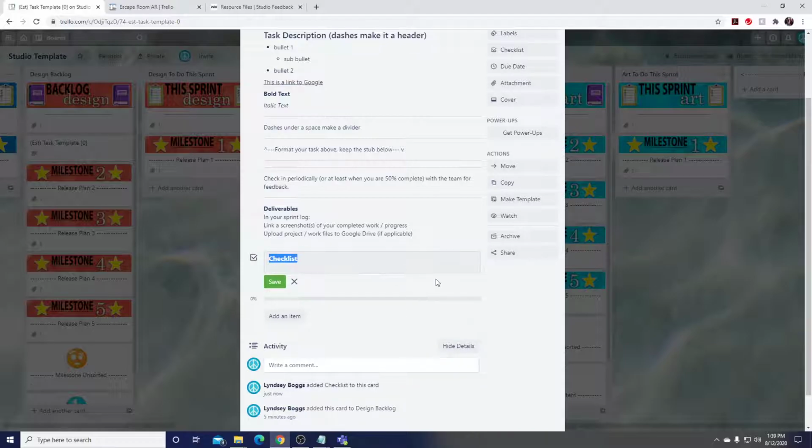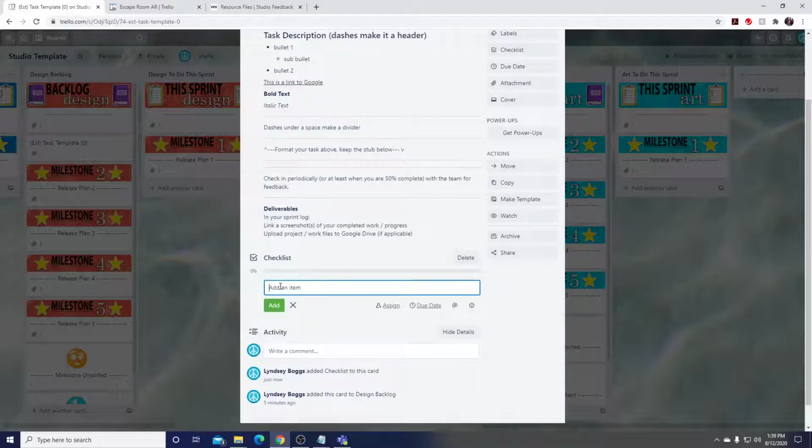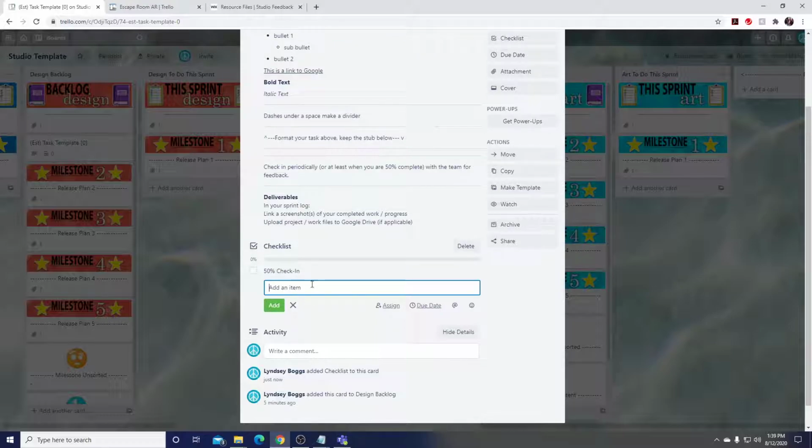If you wanted to edit it, you just click on it. And then you can add an item, and I'm going to say 50%. Where are you? Percent sign. There you go. 50% check-in. Add. All right. So I could go ahead and keep adding in